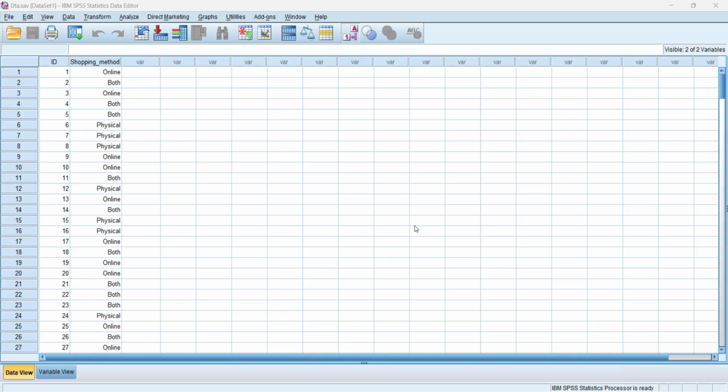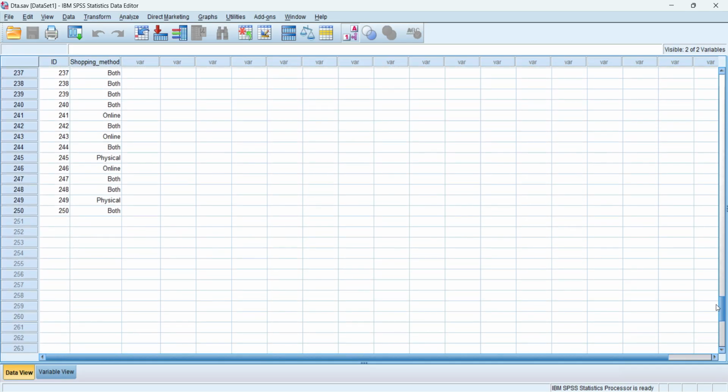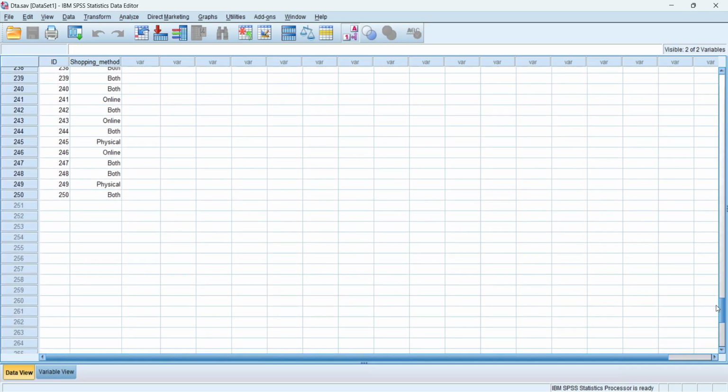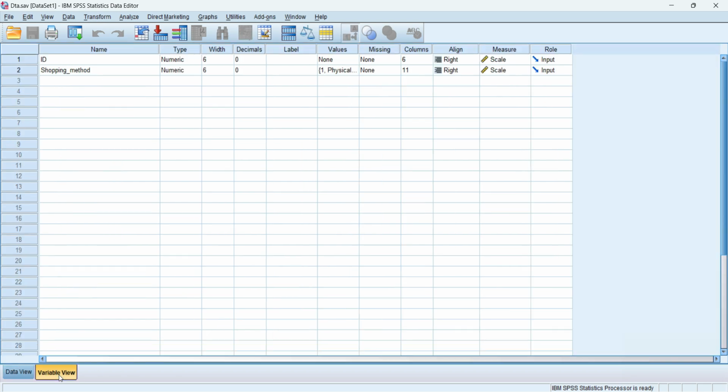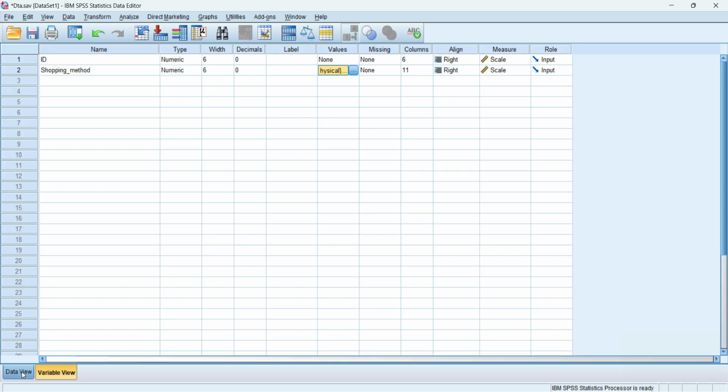So first of all, we introduce our data. We have 250 online shoppers, physical shoppers, and shoppers who used both methods. That is why we coded the data into three categories: one equals physical shoppers, two equals online, and three equals both. So we come back to data view,